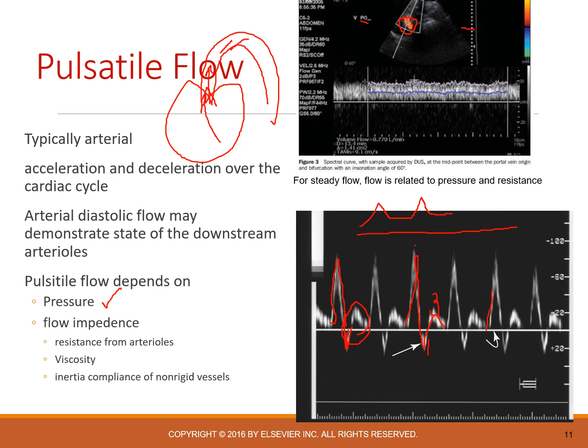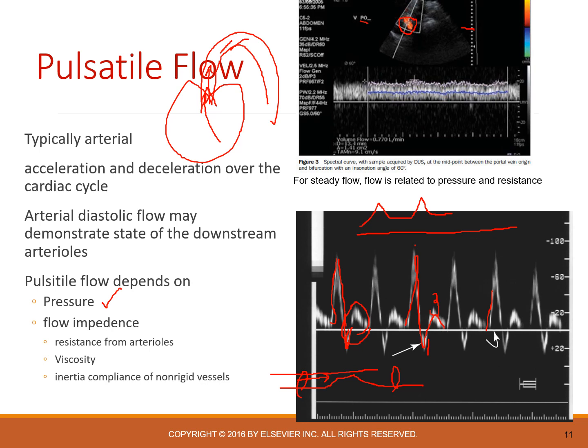The other thing that could happen is if I had a great looking vessel and then it got very stenotic and then returned to normal size, obviously I wouldn't be able to squeeze enough blood flow through that stenotic area to maintain this pressure in this area. So I would again have diminished pressure, and I would see something that looks more like what we call a tardus